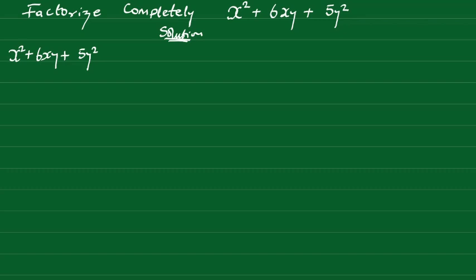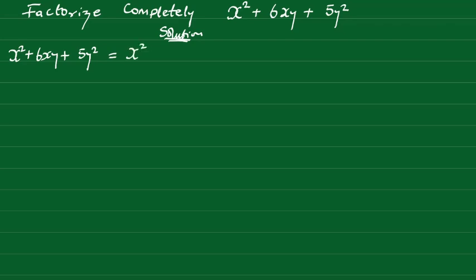Now we think of two factors of plus 5, that is two numbers that when multiplied give us plus 5, and when added these two numbers should give us plus 6. These numbers are plus 5 and plus 1. Plus 5 times 1 gives us 5, and 5 plus 1 gives us 6. Hence, our expression equals